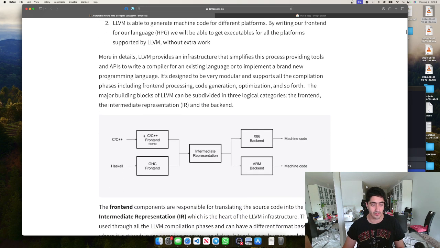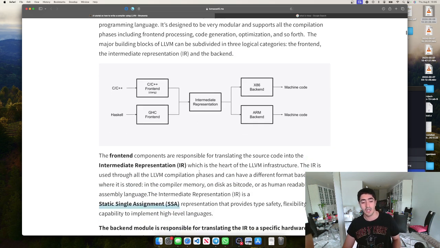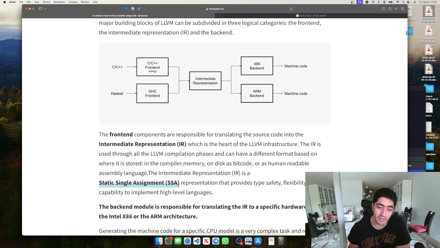So you have your C++ and Haskell. These are the front end, and then you go through the intermediate representation, and then these have to be mapped to x86, which are the Intel chips, and the ARM chips, and these have their own machine code. The front-end components are responsible for translating the source code into the intermediate representation IR, which is the heart of the LLVM infrastructure. The IR is used